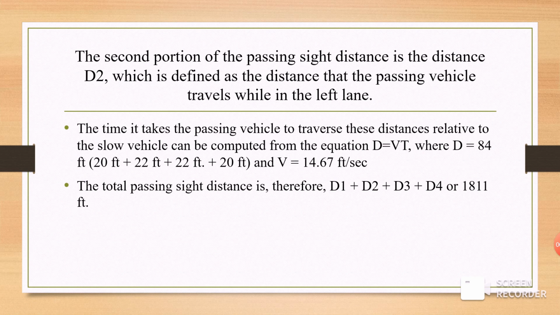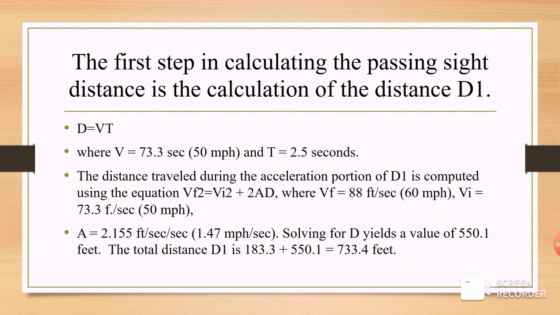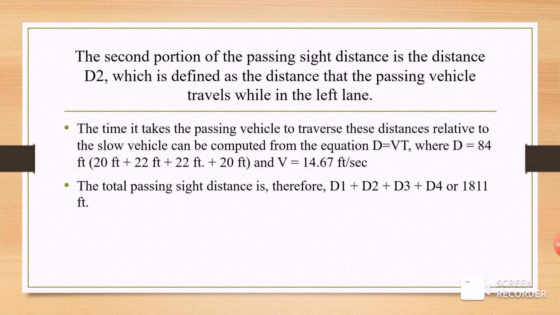And V has a value of 14.67 feet per second. So the total passing sight distance is D1 plus D2 plus D3 plus D4, and we get 1,811